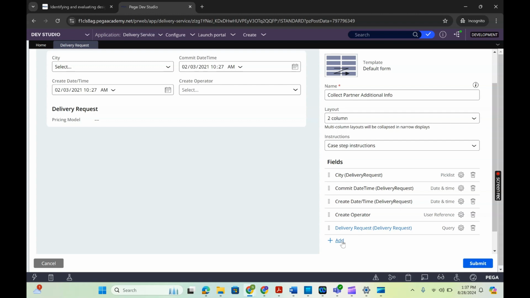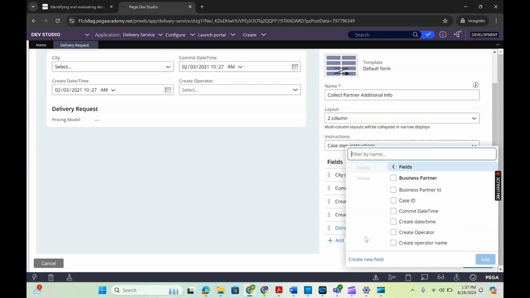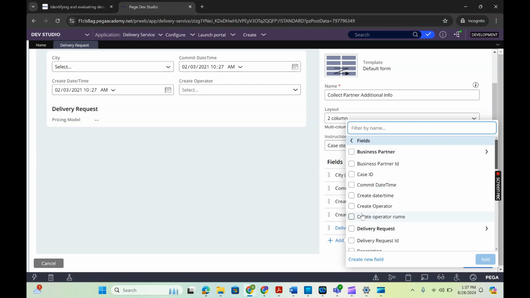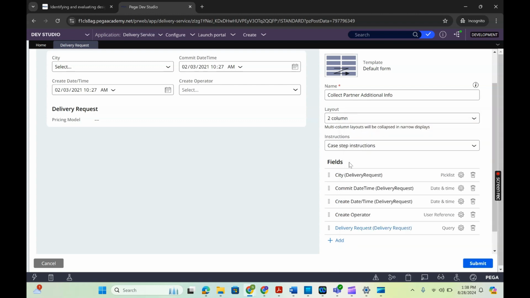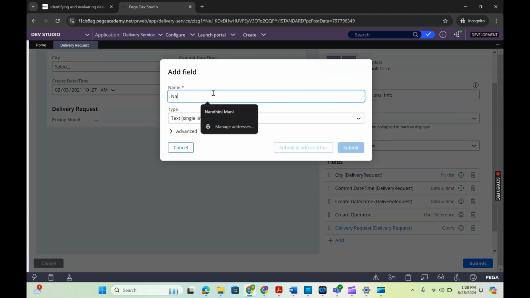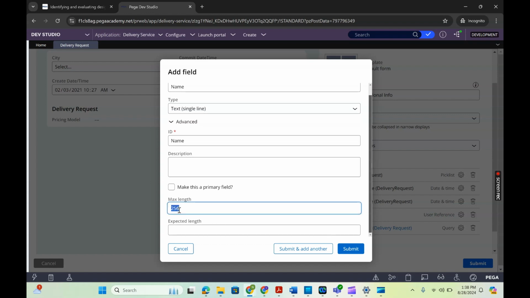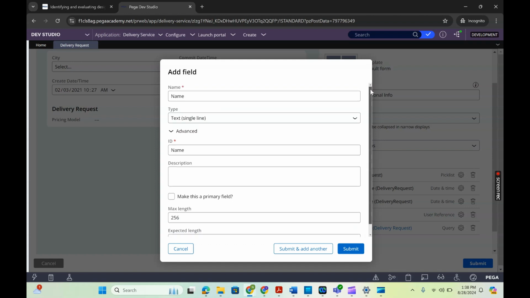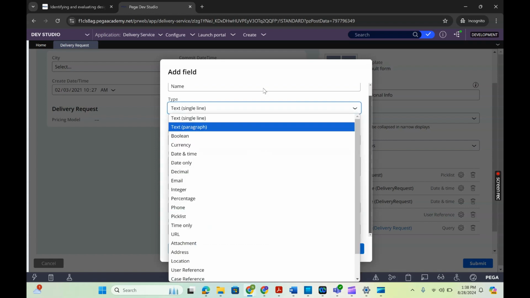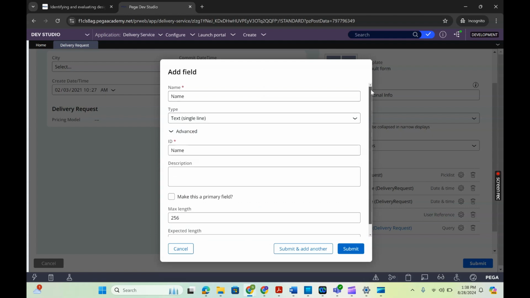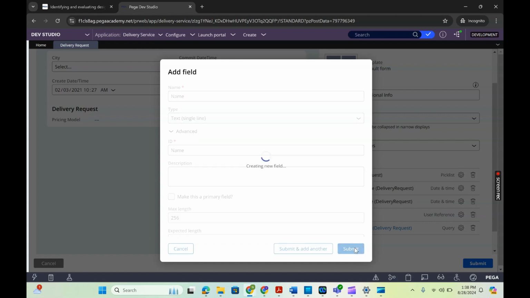type. Okay, if you want to create a new field, how can we do it? There is an add new field, and when we click on add, we have an option to create a new field. For example, I want to enter a field as name. So the name field is going to be a text property, and the maximum length and the expected length, all these things we can provide here. And if you want to update the type, we can update it here. So as I have given name as the property, I need text. So when you do submit,